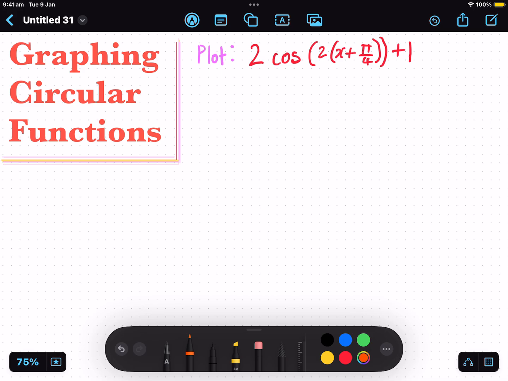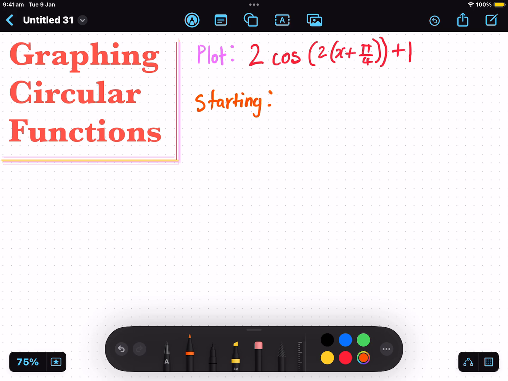Here's the easiest and the fastest way to plot any sine or cos graph. Obviously, to solve this problem, we'll need to have a starting point. But how can you be sure of your starting point? Well, you can see at this point, our x shift will be pi on 4 to the left. But to be sure, what we can do is, for our starting